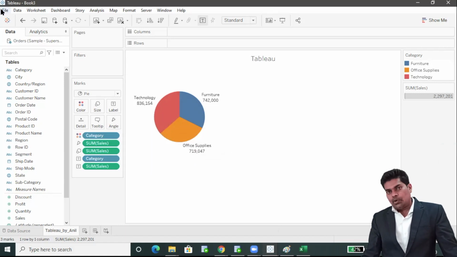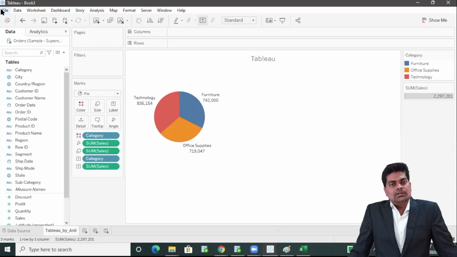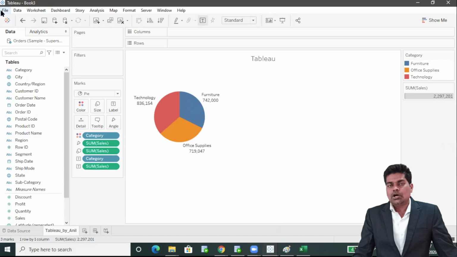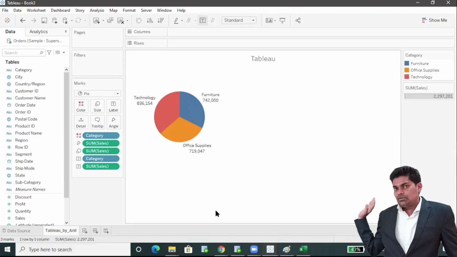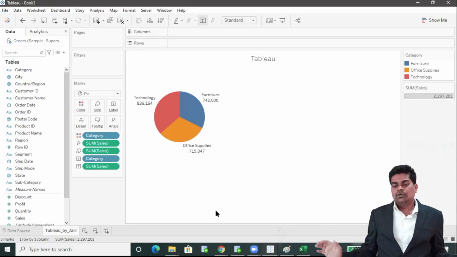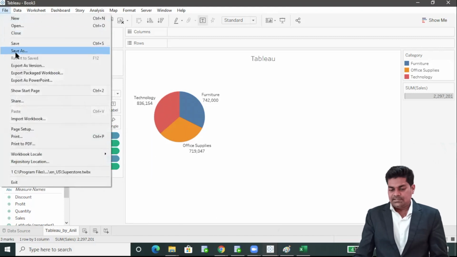There are very important topics like file types, filter types, and some other interview questions we will see in upcoming videos. So this is a worksheet, a single sheet is called a worksheet, and this complete screen whatever you can see is called a workbook. Click on Save As.